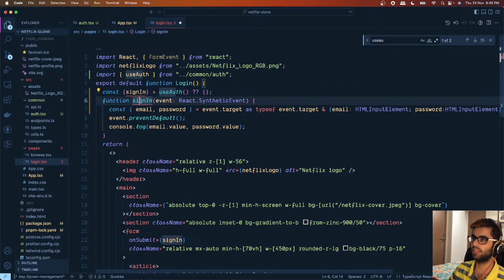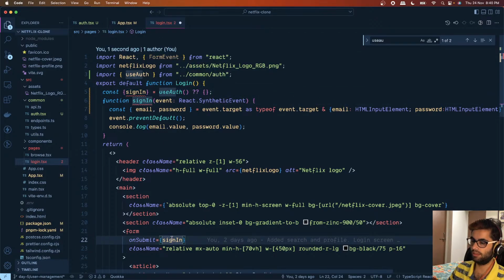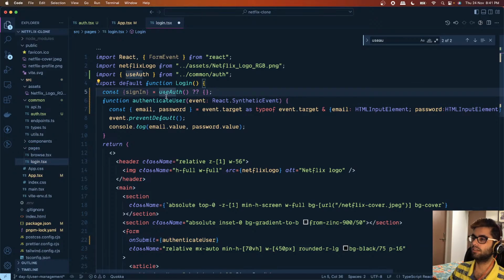Okay, since we have the same name over here, let's rename this to authenticate user. All right,